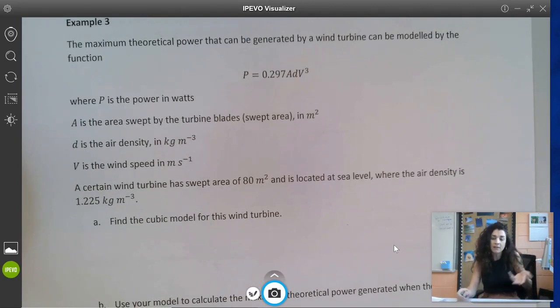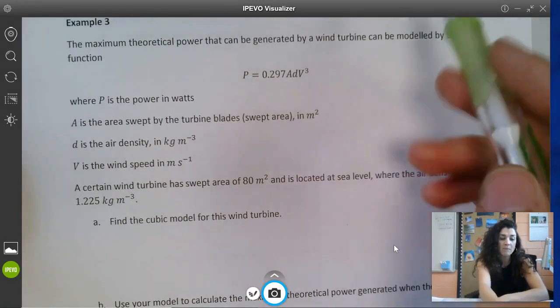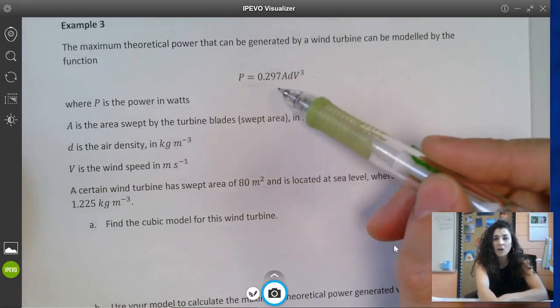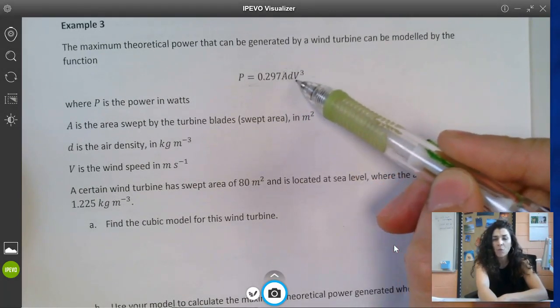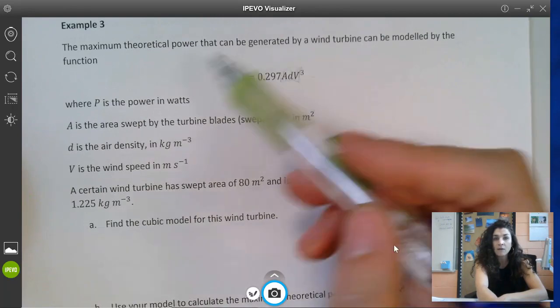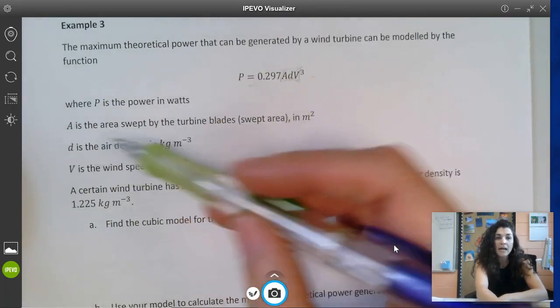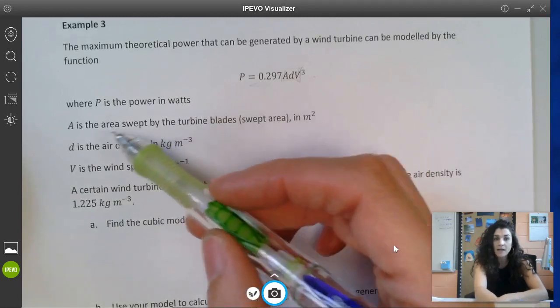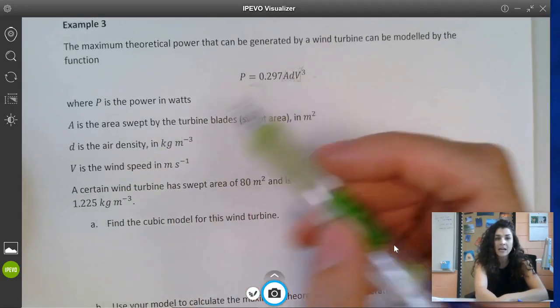But it's going to be the same process of plugging in points to make 4 different equations, and then you would just use your calculator to solve for that system of equations. Okay. Example 3. The maximum theoretical power that can be generated by a wind turbine can be modeled by the function, boom. Now, I know it looks like AdV might be one big variable, but it says here P is power, A is the area swept by the turbine blades, D is the density of the air, and V